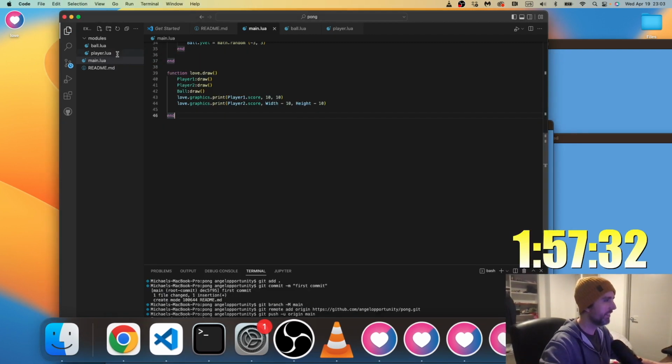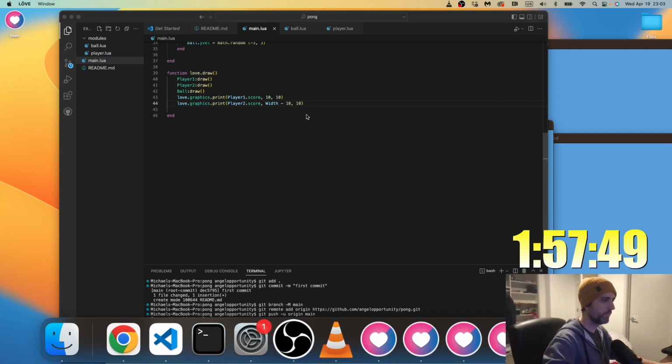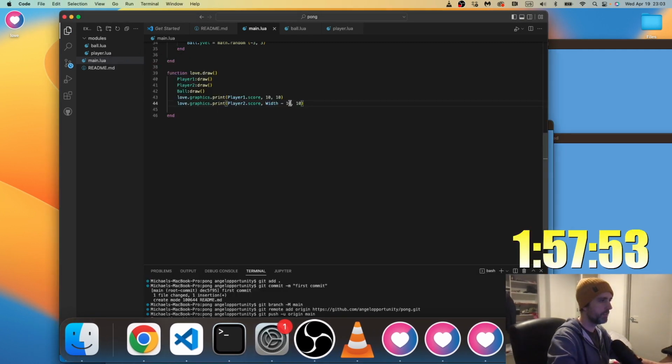No, where? Width. Oh, yeah, width minus 10. Height. It should just be 10. Yeah, it's not exactly right. Width minus, let's say 20.